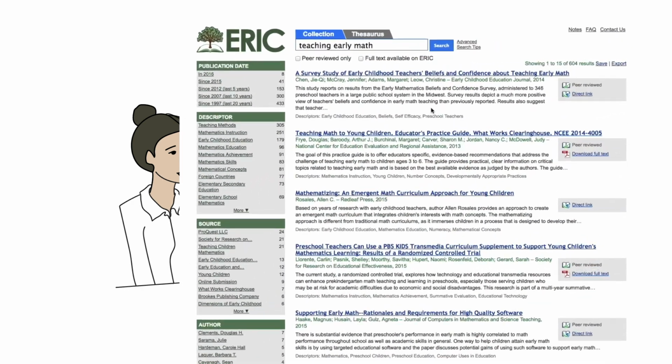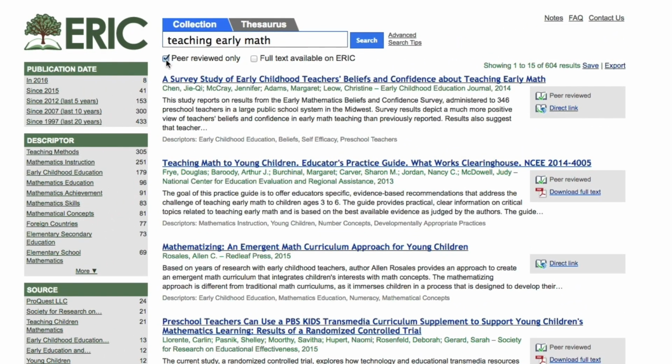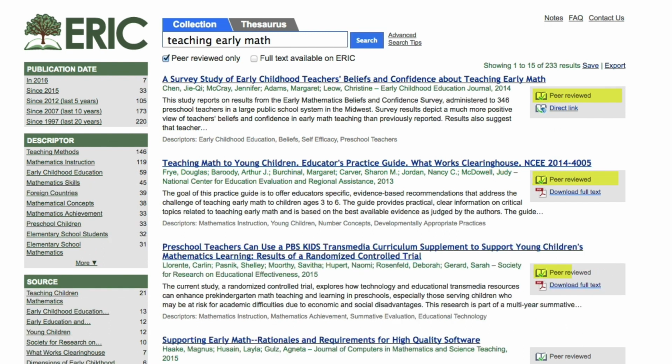You can limit your search to only include peer-reviewed records. ERIC marks all peer-reviewed journal articles, materials produced by the Institute of Education Sciences, and recently indexed peer-reviewed papers and reports as peer-reviewed to allow targeted searching. This means that not all items flagged as peer-reviewed are journal articles.